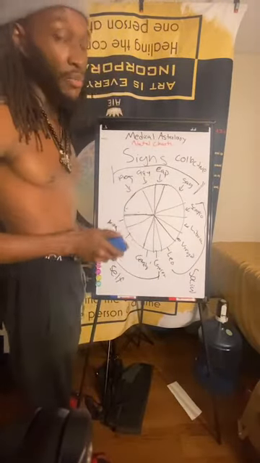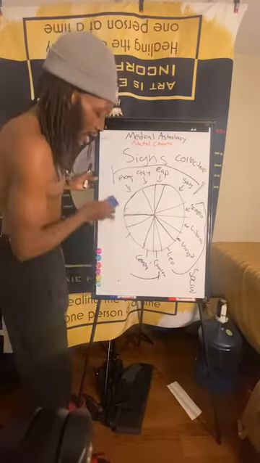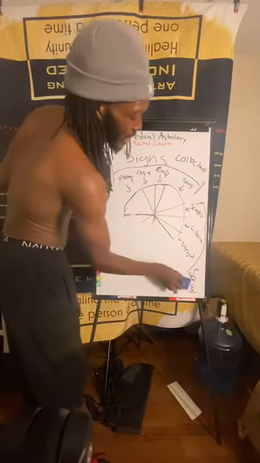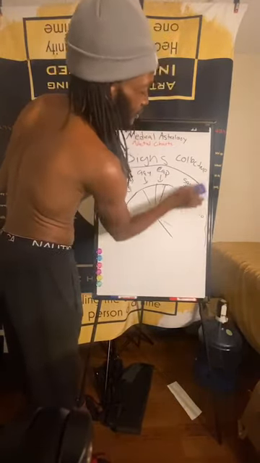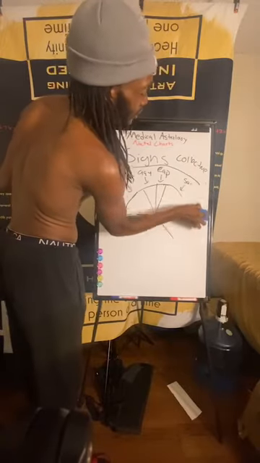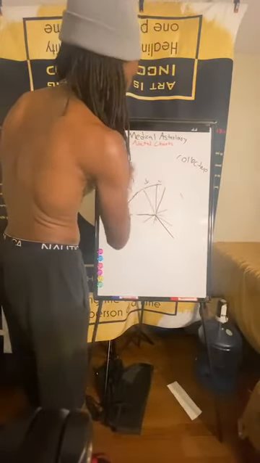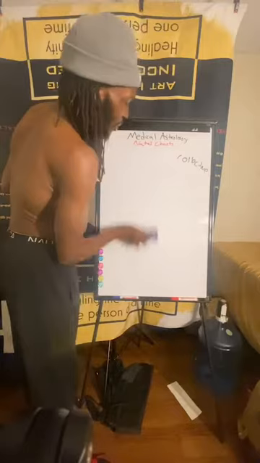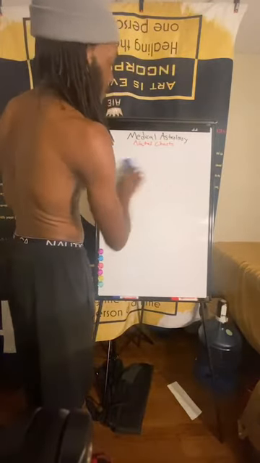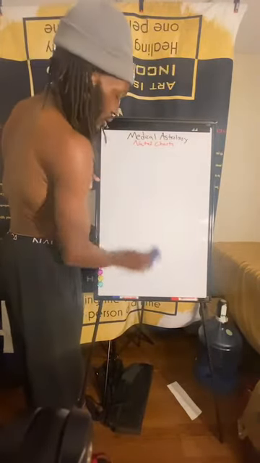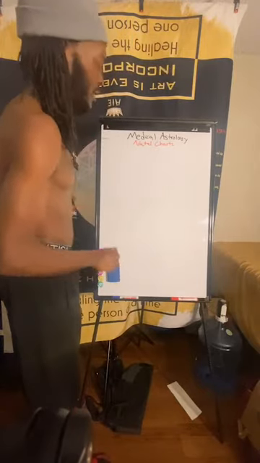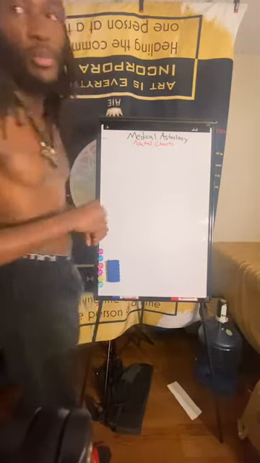So that is a breakdown of all the signs, right? And the reason why I broke it down like that, instead of breaking it down into fixed, mutable, and all those other things, is because one, on my last video I did that. If you go back and watch the very last video I did on medical astrology, I did that. And then two, I have so many more other things to talk about that I don't want to take you guys for granted. So from here, we're going to go into the houses,